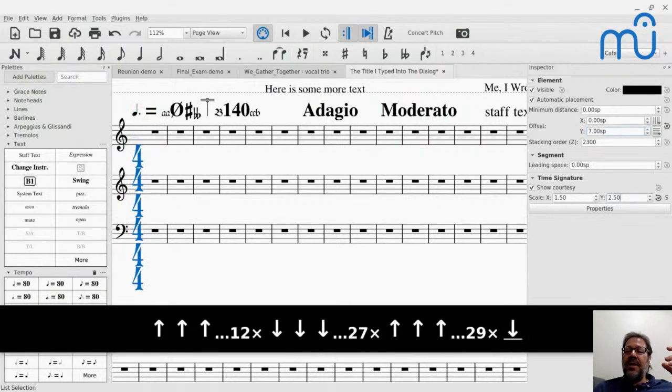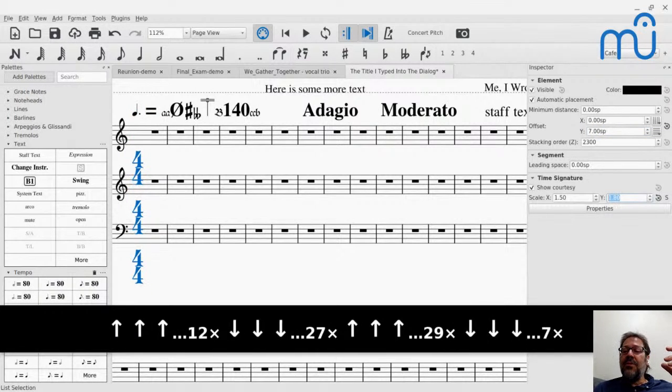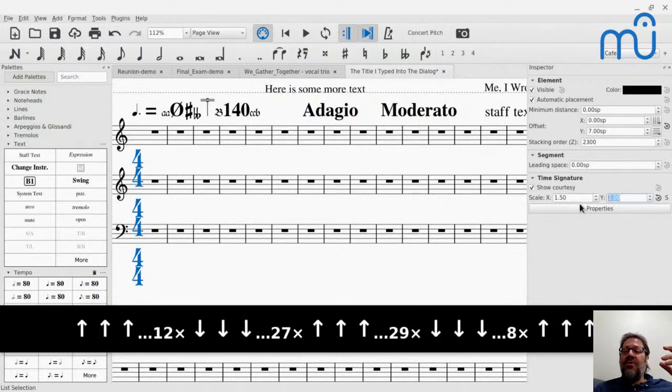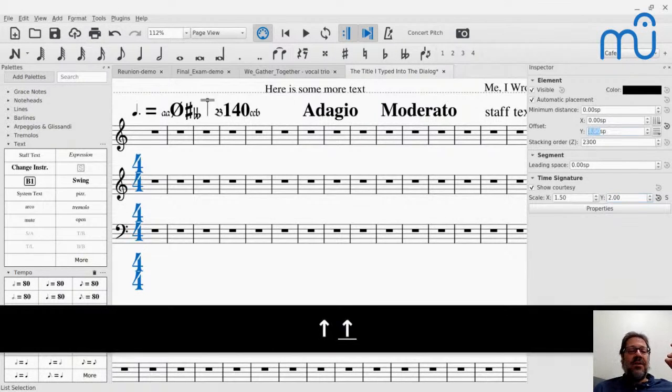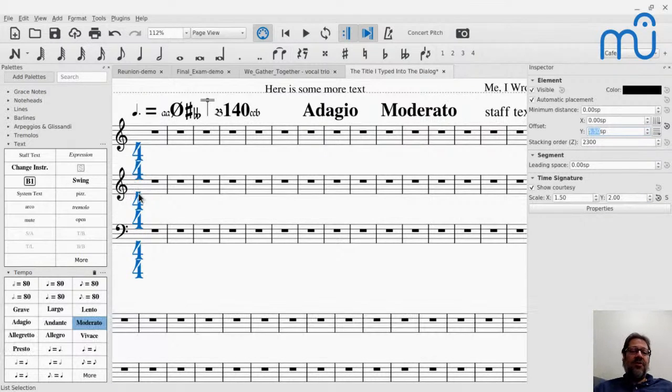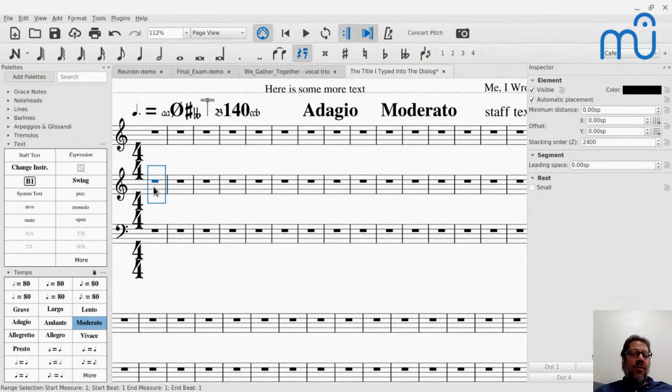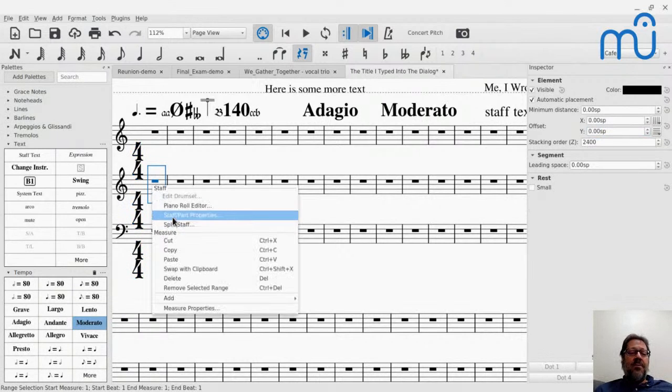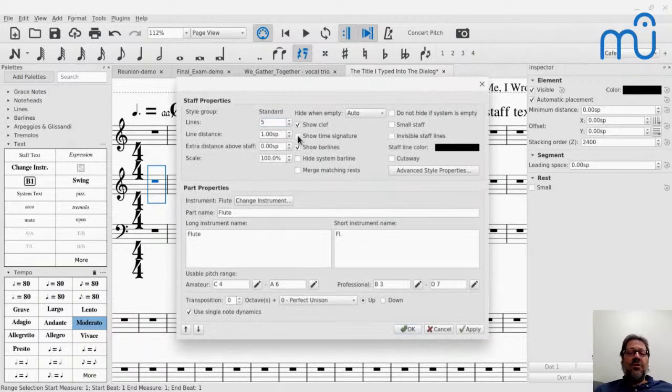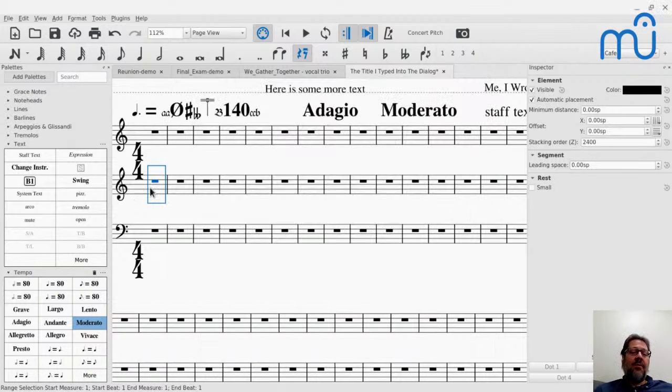And that's entirely too big, so let's make them about twice as big as normal. And so anyhow, you can play with these things and get different effects as far as the positioning of the things. And then you can also make it so some staves display the time signature and some don't, right? I can right click a staff properties, and say, hey, don't show time signatures on that staff. And boom, now that one's gone. So there's a lot of control you already have over things like that, but there's a lot more coming. Let's put it that way.